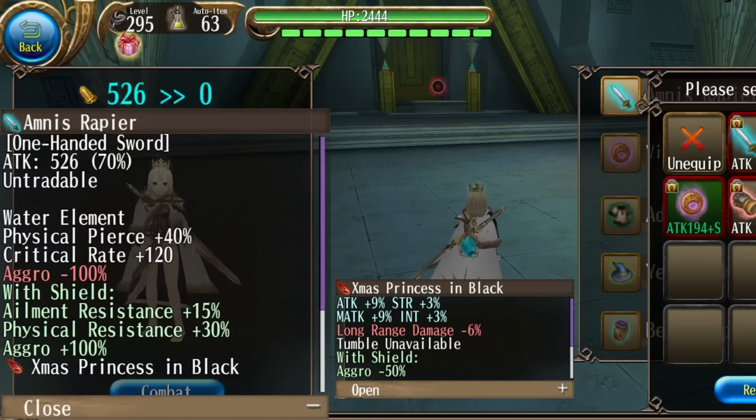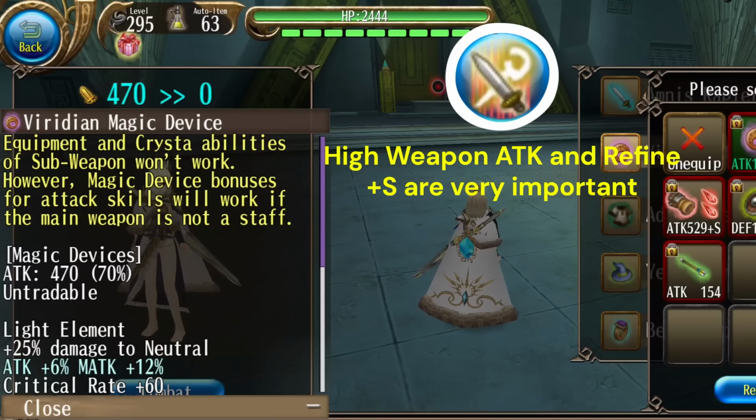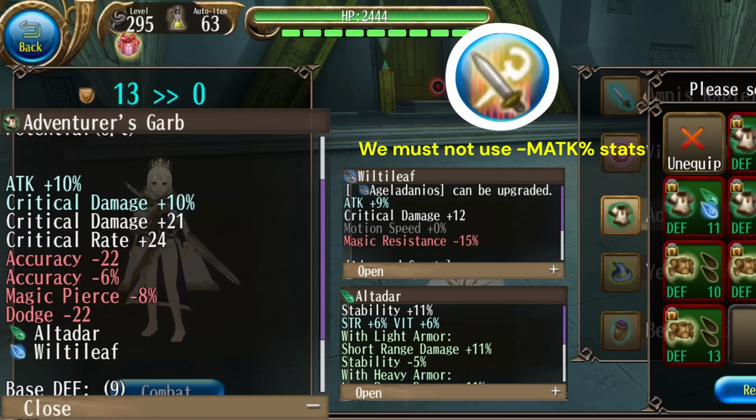In the main weapon, I use Amnis Rapier for its high physical pierce and critical rate. In the secondary weapon, I use Viridian Magic Device refined to +S. It is important to have this MD since its high base weapon attack influences the timing of the dual bringer buff. In my armor, I use this type of stats since it is important not to have any negative magic